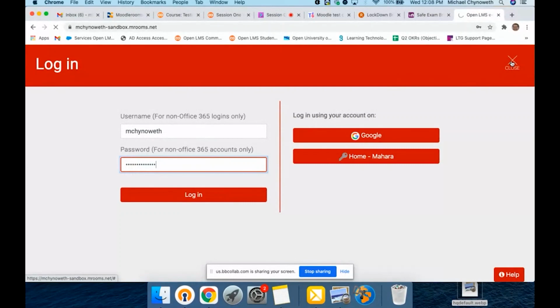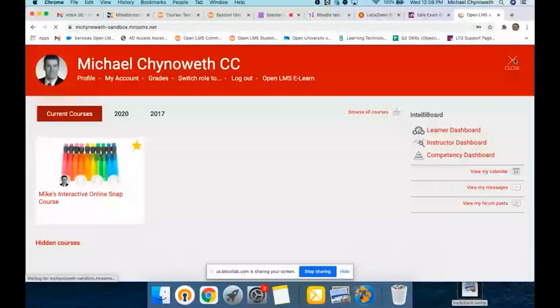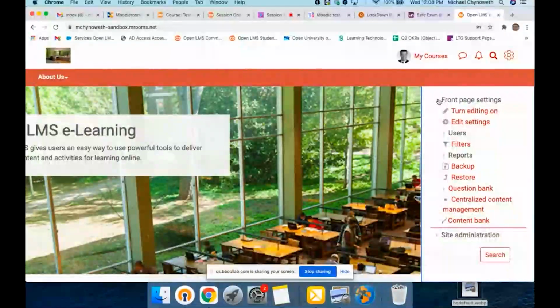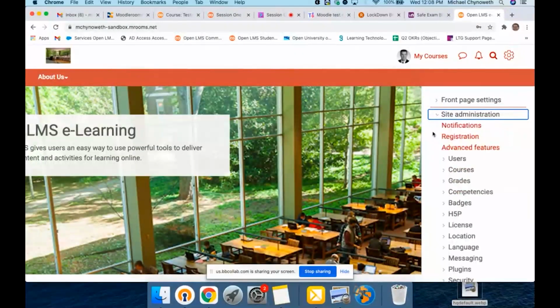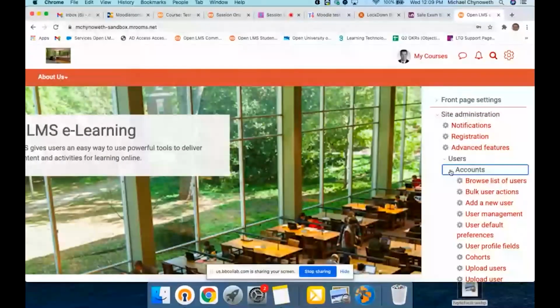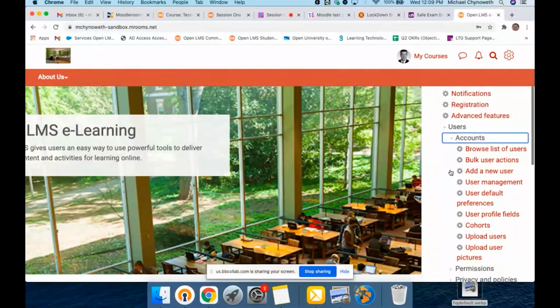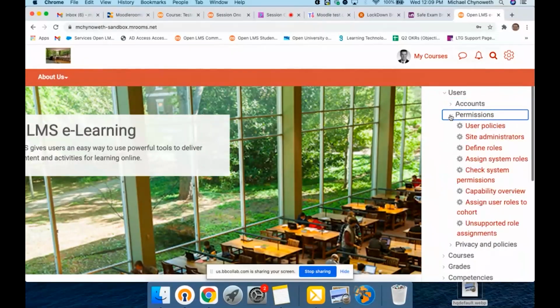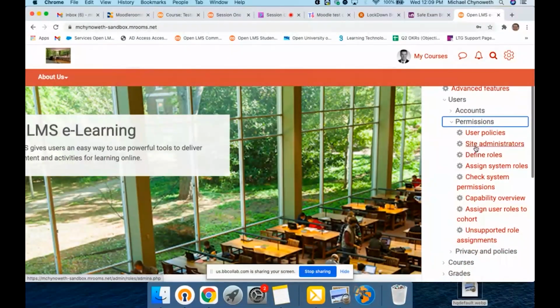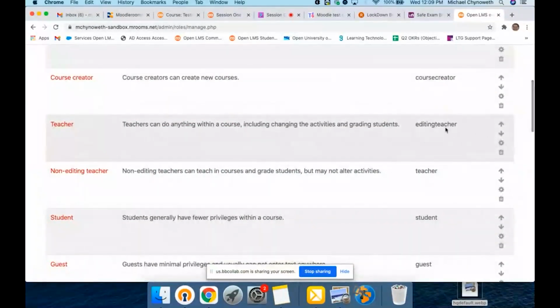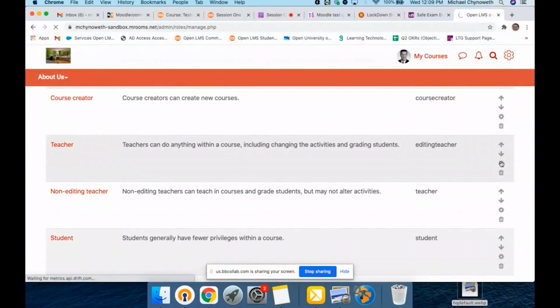Again, during these workshops, as you've probably noticed, some of these things are a little basic for maybe some advanced administrators, but for some of you that might not be advanced administrators, we always like to take some time and show everything, just to make sure that we're all on the same page. So what we're referring to is if you go to site administration, users, permissions, and define roles. And if I go into the teacher role here, you can see if I click on the gear icon for the teacher,